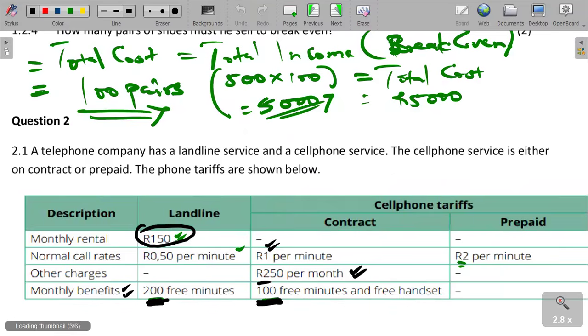The cell phone prepaid is 2 rand per minute, and it is used for 300 minutes. So we said 2 rand multiplied by the number of minutes, cost per minute multiplied by number of minutes. That's going to give us